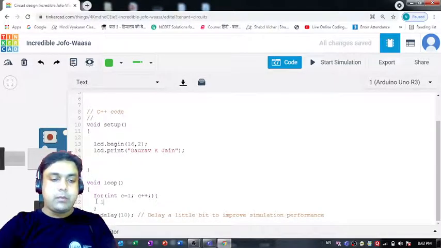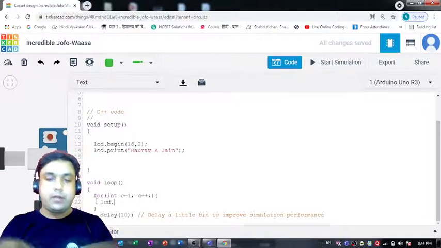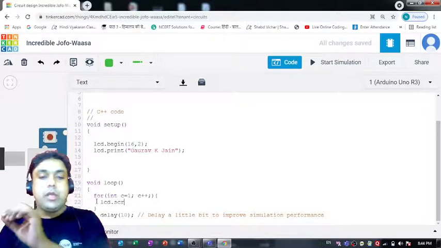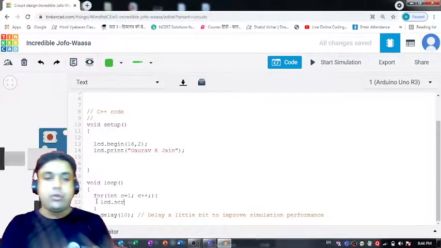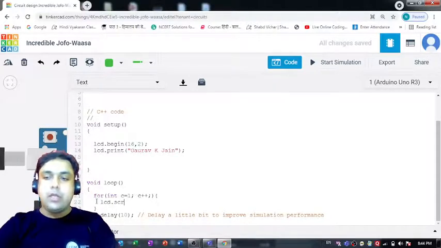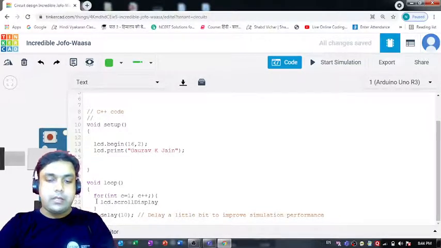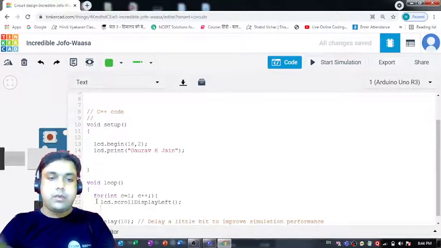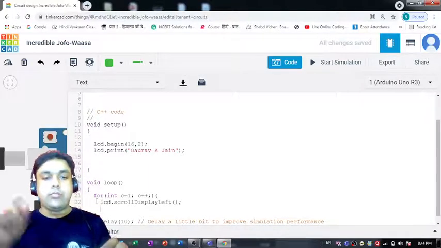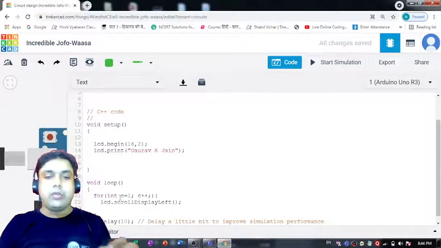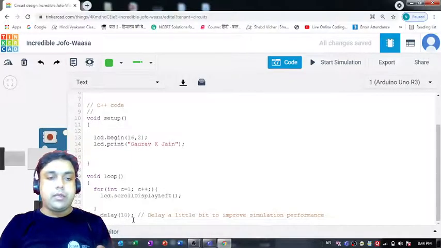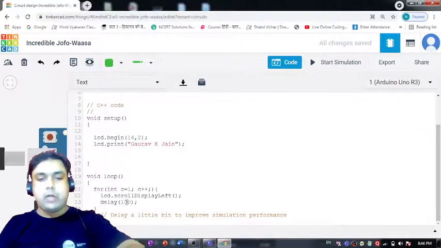The first thing I would like to define is this LCD. I would like to scroll it. So if you want to make it a scrolling LCD, that's the function you can make use of. Scroll display left. Now when you scroll, you can scroll it to the left side, and then you can define a delay of, I think, how about 100 milliseconds?